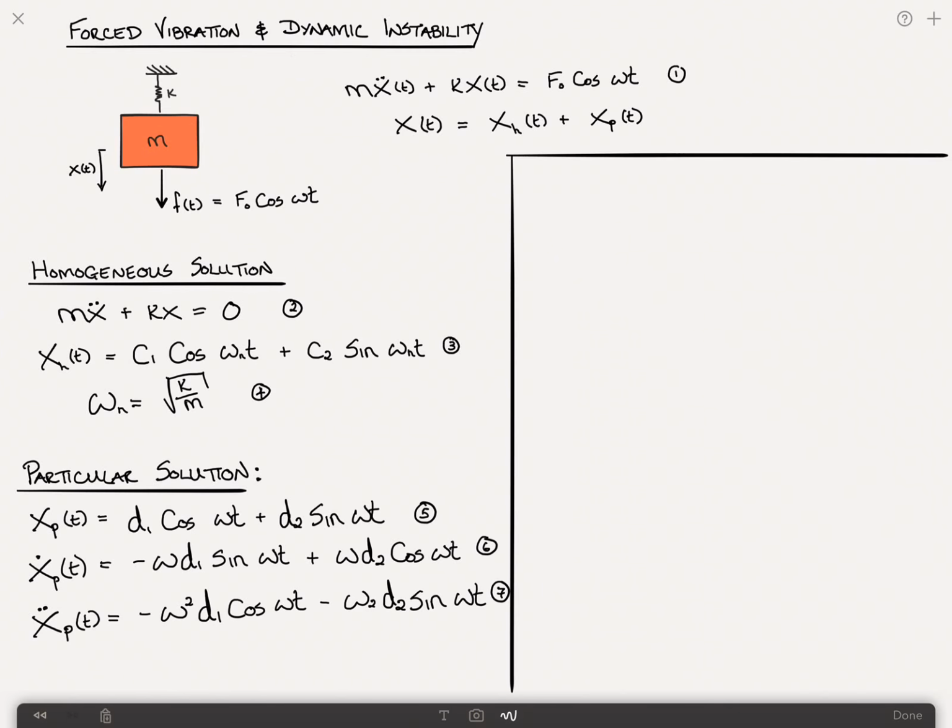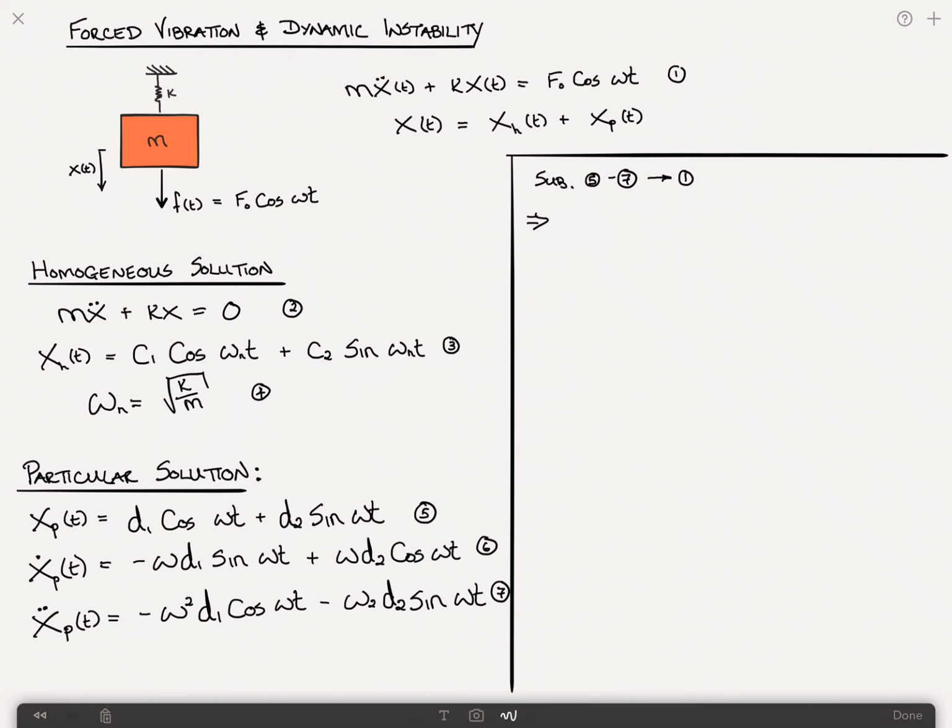And now the idea is to substitute 7 back into equation 1, and then we equate the coefficients of the similar terms. So what does that mean mathematically? That means, let me write this out, substituting 7 into 1. Okay, and from that we get